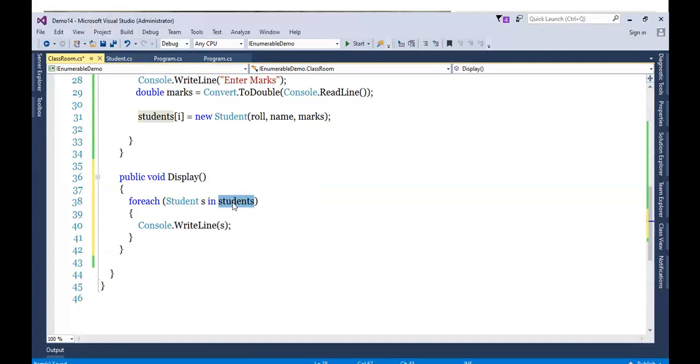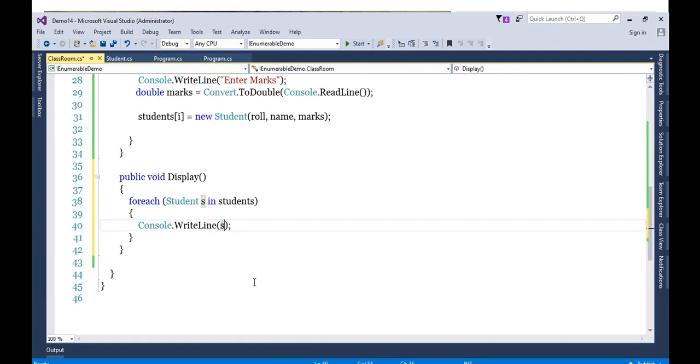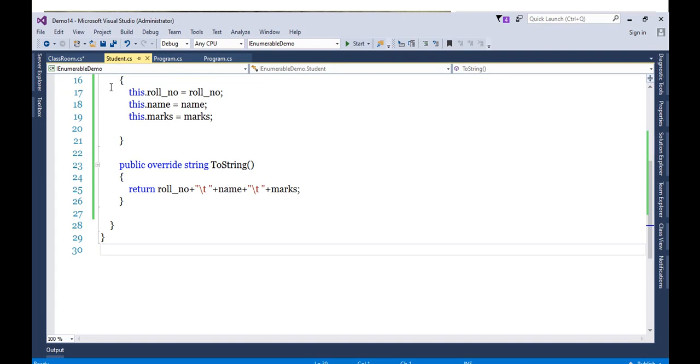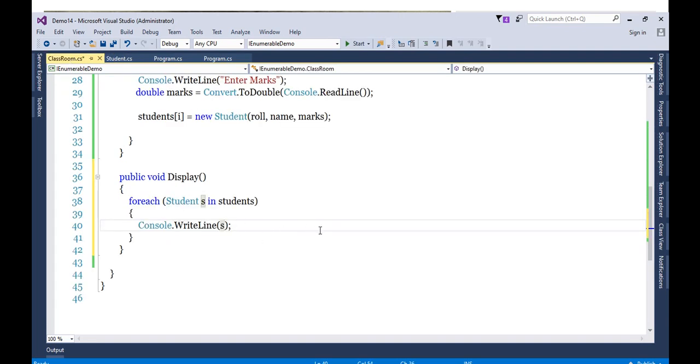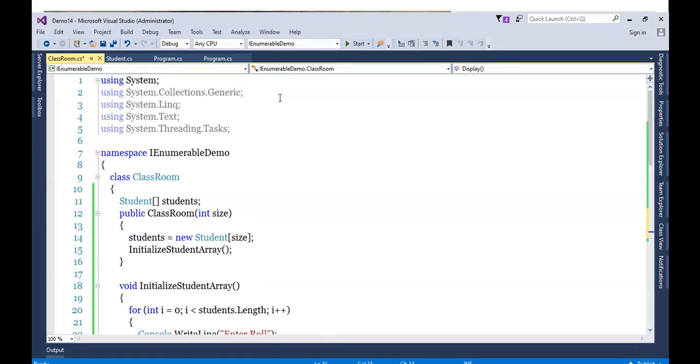So our array is a collection. So we put the foreach loop here. One by one, I will get an individual student, and to display that student, I will take the help of the toString method. Now, like you all know, it is not required for me to write it like this, because toString will be accessed automatically. But in case of a display method, let's say I return here a display method, in that case I need to write s.Display. Fair enough.